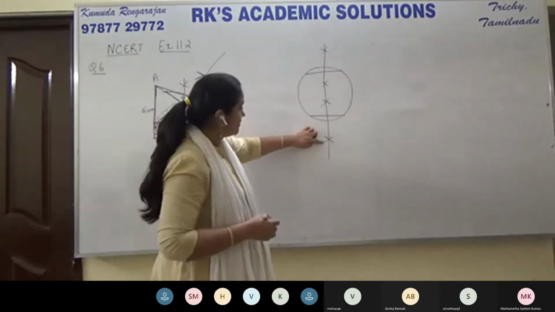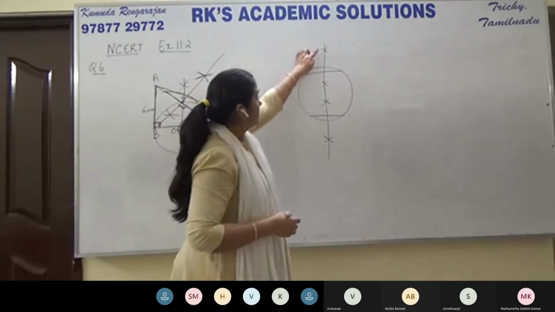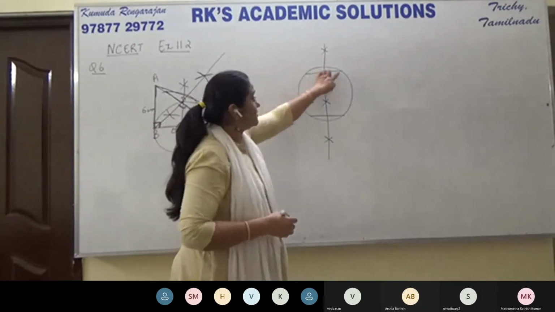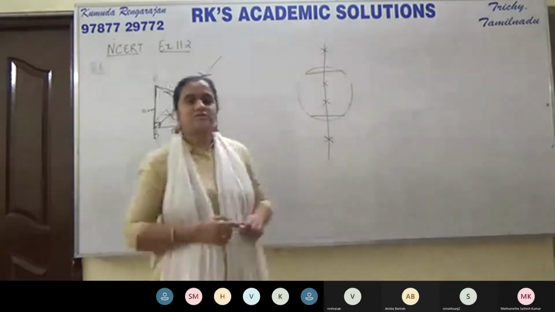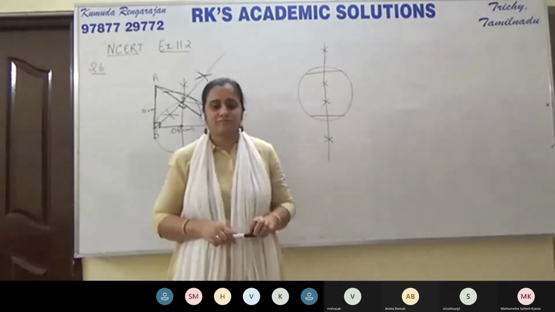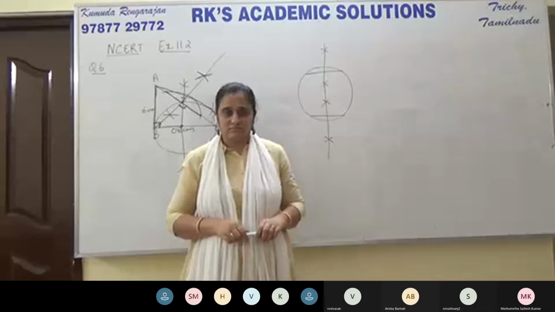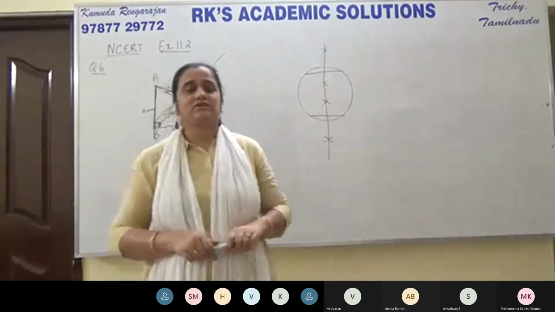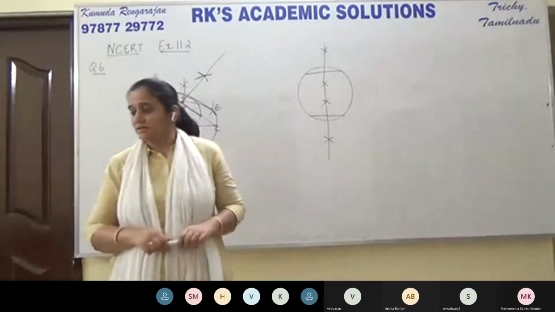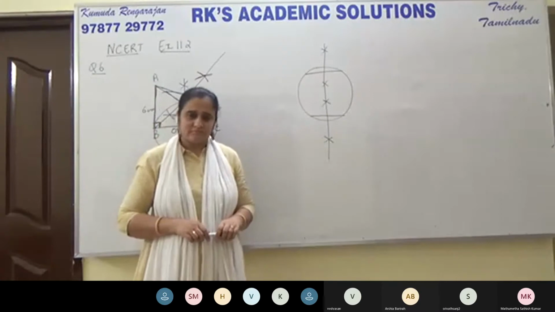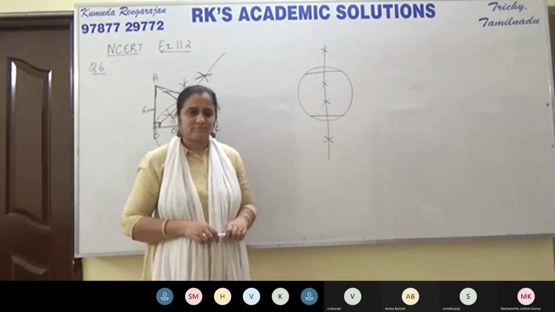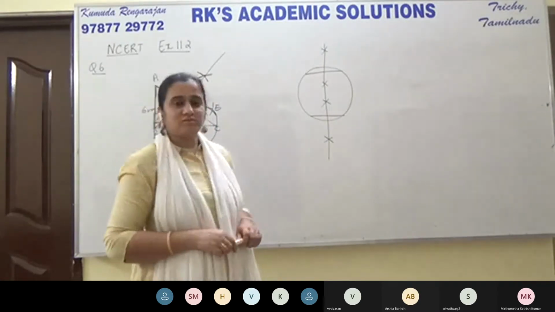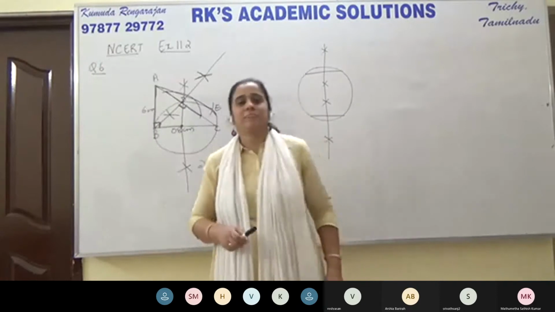This is the perpendicular bisector of this chord. This one is the perpendicular bisector of this chord. Next. Asha, next. The chords should be adjacent, I think. The chords must be adjacent. Yeah, so you got it.